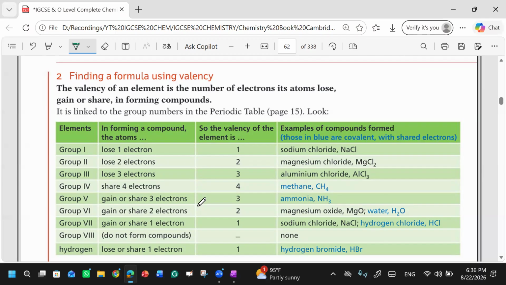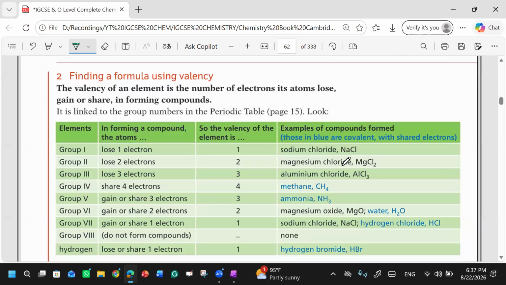It shows basically which group loses electrons, shares or gains electrons, and how many electrons it has in the valence shell. Valency electrons, yes. The valence shell is always the valency of the element, and it shows what the element can form bonds with. It gives examples of it. Basically, in this table they are telling us that by the help of valency we can make bonds. Valency helps us to make bonds.